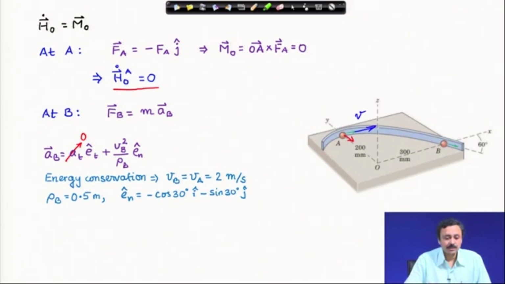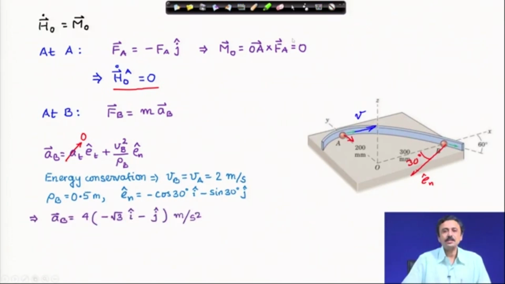The direction of e n cap can be easily found. This is e n cap, this angle is 60 degree. So, the tangent makes 60 degree, therefore, this must be 30 degree. Therefore, the e n cap vector in the x y z coordinate system can be represented as minus cosine 30 i cap minus sine 30 j cap. Radius of curvature is 0.5 meter as specified. Therefore, acceleration at point B is